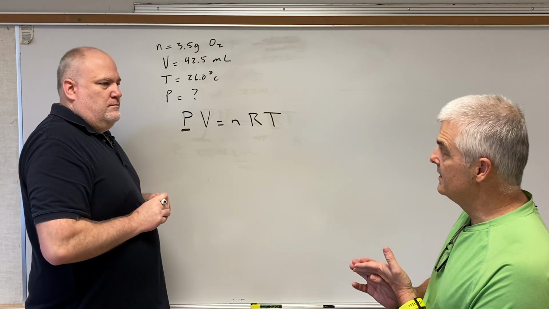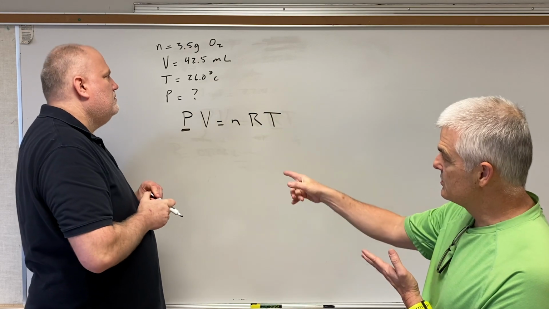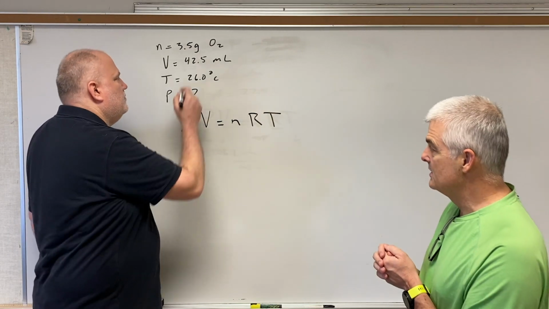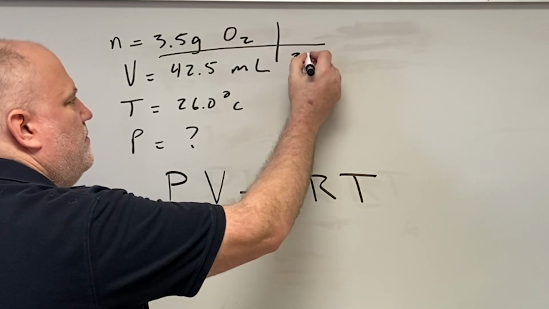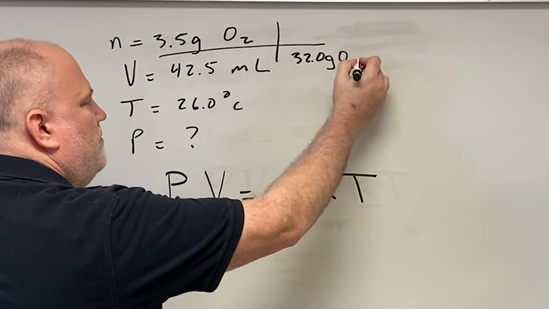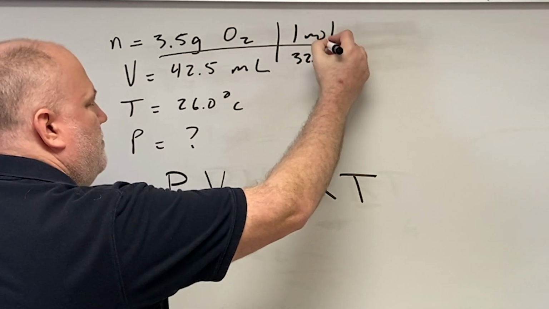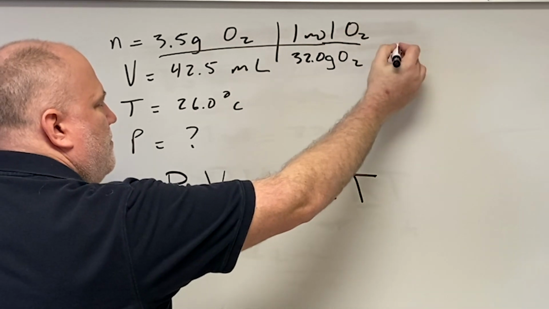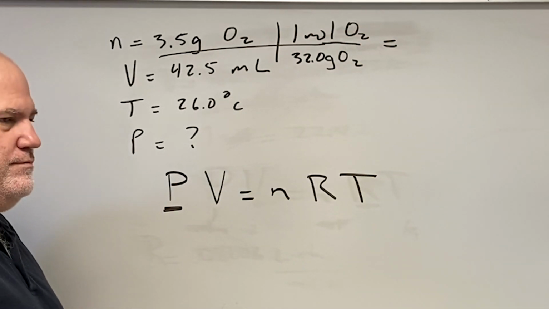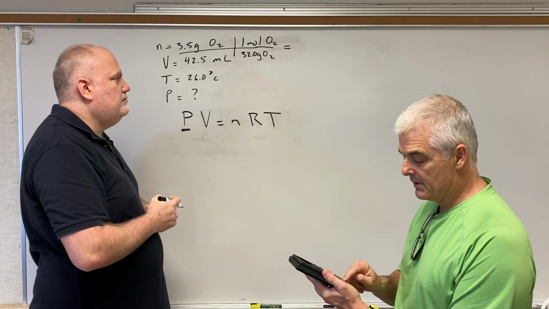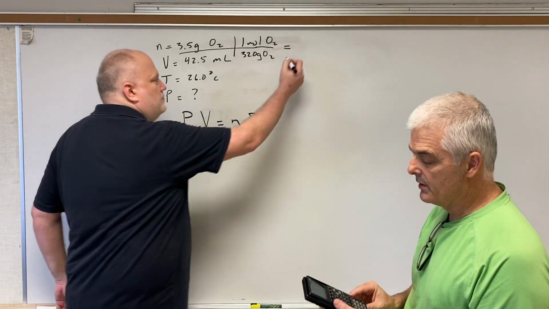So our n is grams: 3.5 grams of oxygen over 1. Notice he also wrote oxygen as O2 because it says oxygen in words in our problem. And Mr. Dimitrich very quickly got the molar mass of oxygen, 32. So 3.5 divided by 32 is 0.109